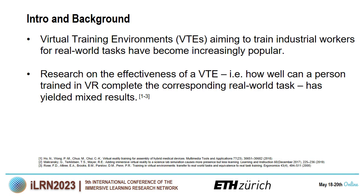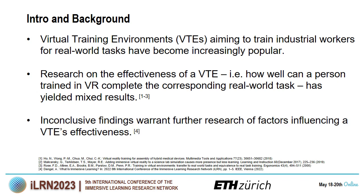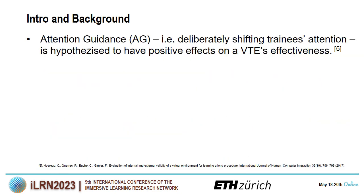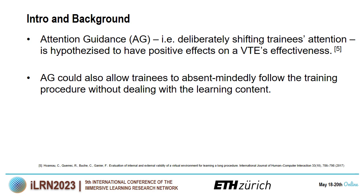However, research on the effectiveness of a virtual training environment, meaning how well can a person trained in VR complete the corresponding real-world task, have yielded mixed results. These inconclusive findings warrant further research of factors influencing a VT's effectiveness. Among many others, attention guidance, defined as deliberately shifting trainees' attention, is hypothesized to have positive effects on a VT's effectiveness. However, concerns have arisen that attention guidance could also allow trainees to absentmindedly follow the training procedure without dealing